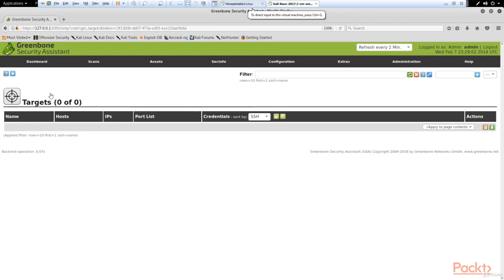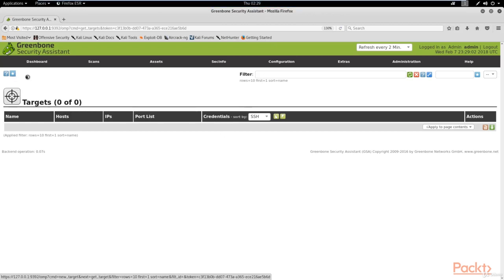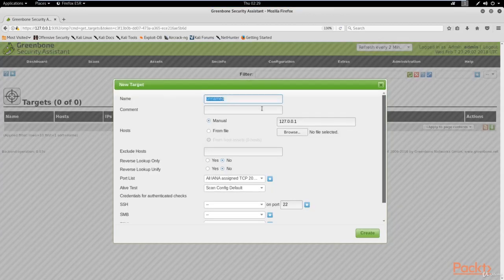So we're going to create a new target, go to the little star there, and we're going to call it Metasploitable 2, and you can add a comment. Now in terms of the hosts, you can upload hosts from a file, you can select a singular host, which is what we're going to do, or you can select an IP range or the entire subnet. So I'm going to just add the IP address for the Metasploitable 2 virtual machine,